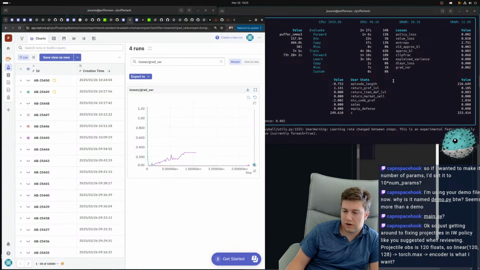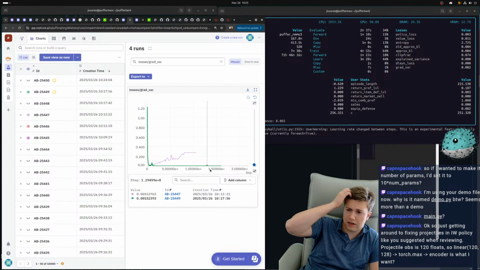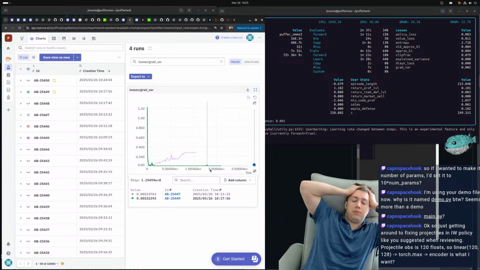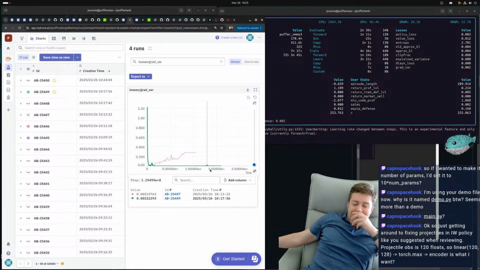Yeah, the fact that this variance is so low is odd to me. I mean, the vast majority of these are getting no reward though, so this is probably just a measure of sparsity more than anything.